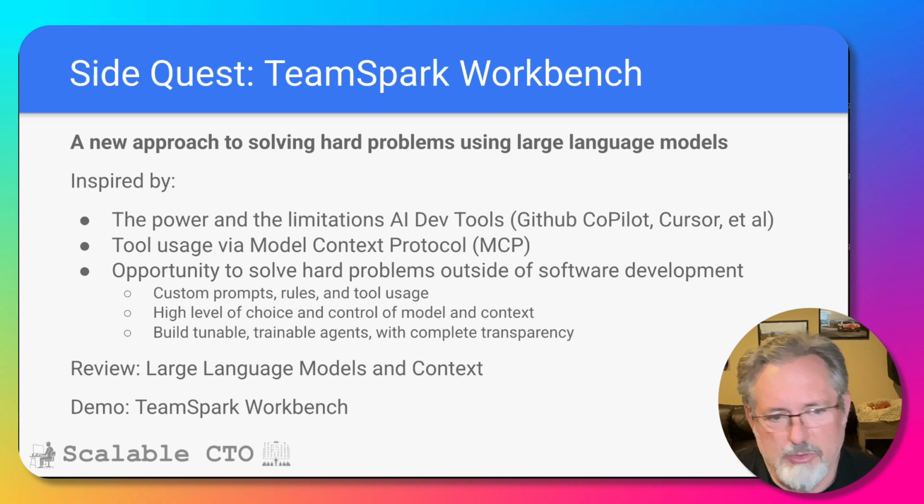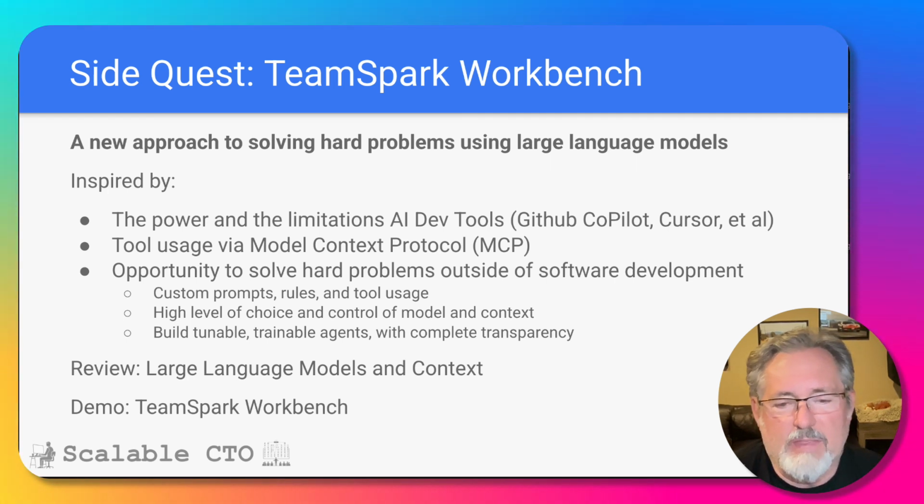We were doing tool usage 6 or 9 months ago with Gemini, which was one of the first to support it. Now pretty much every model supports it. And with the Model Context Protocol, MCP servers popping up, there are hundreds of thousands of tools. You can connect language models to virtually any kind of tool you want, tools that run in the cloud or on your local machine, to do all kinds of interesting things. And I think the combination of all those